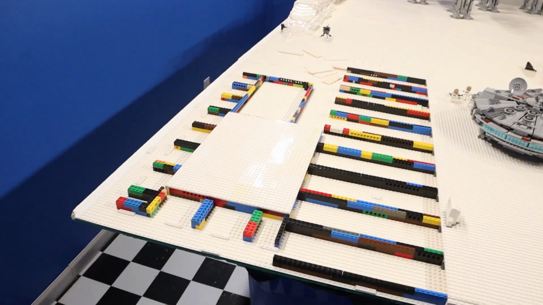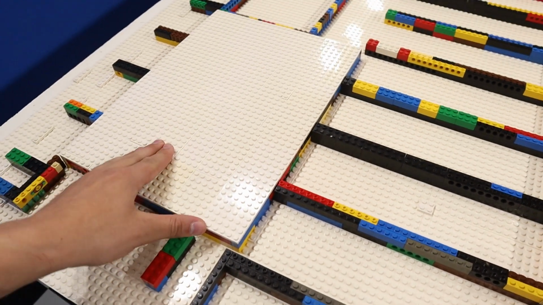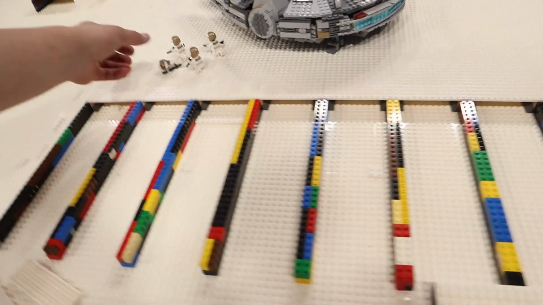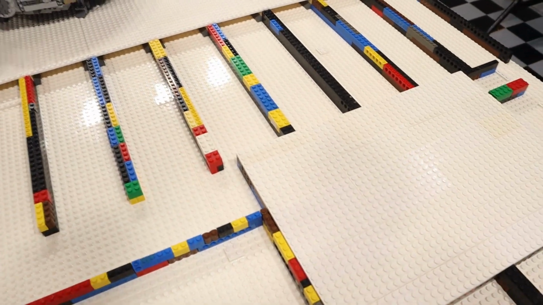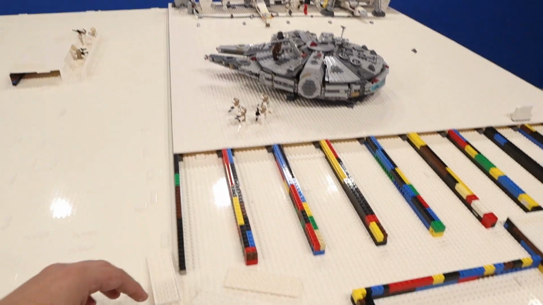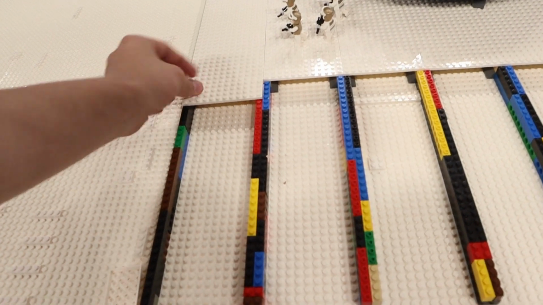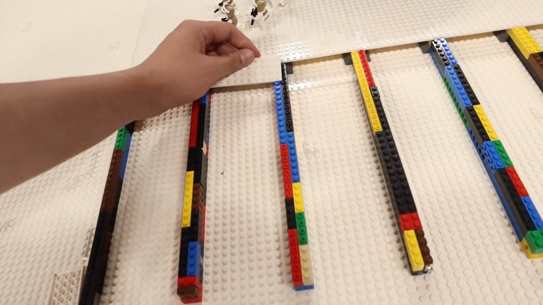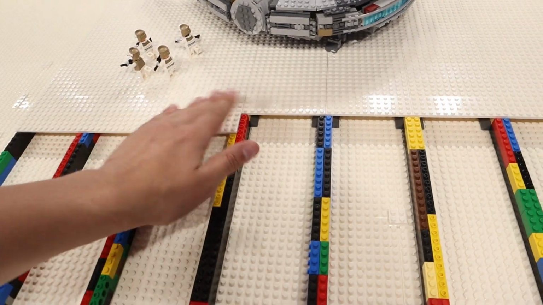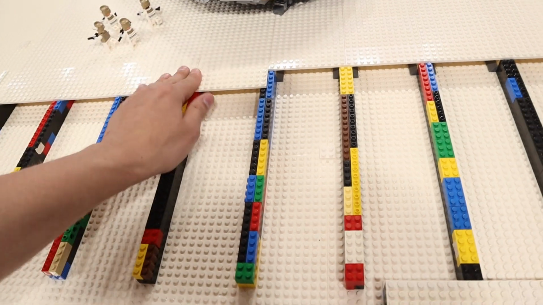All right, guys, so there we go. I put in the control room. But anyway, we do need to extend out our hangar here in Echo Base, but unfortunately, as you can see, we don't have very many panels left. So we really can't get very far